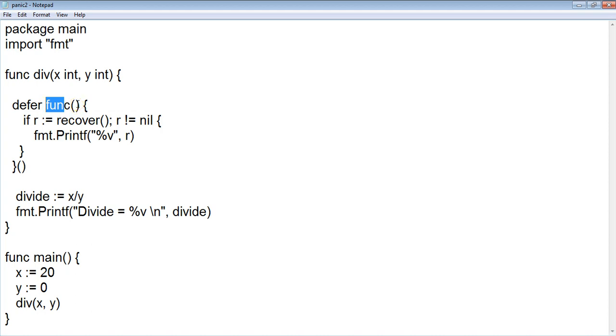But here we have something called defer followed by the function. This is called a defer function. It's a special type of function which serves the same purpose as its name implies. Defer in English means postpone. So a defer function in Golang is going to postpone the execution until the other function returns a value.